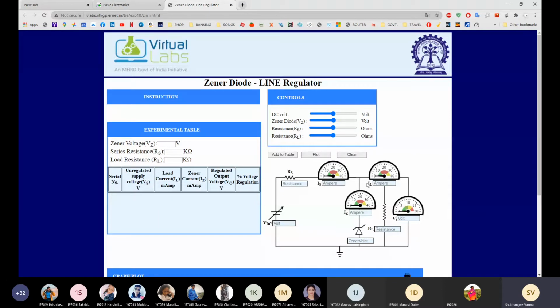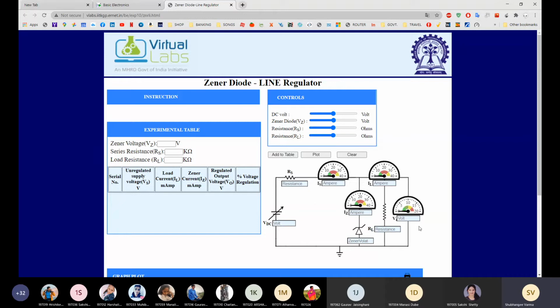For the Zener diode as a regulator, I have given you one equation, obtained from this diagram. And what is that? IS is equal to IZ plus IL. Very good, Sakshi. IS is equal to IZ plus IL. The source current is getting split up into IZ and IL. So we are going to see how the source current is split up, what the condition of the Zener diode is, and how the output voltage will be kept constant.